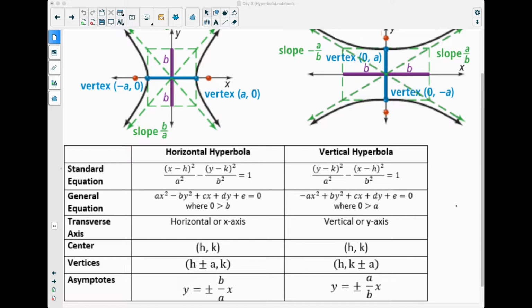Notice how the equation is flip-flopped now. So that's the biggest difference compared to all the other ones that we've had, that we have this flip-flopped. So now A is what's negative in the general equation,